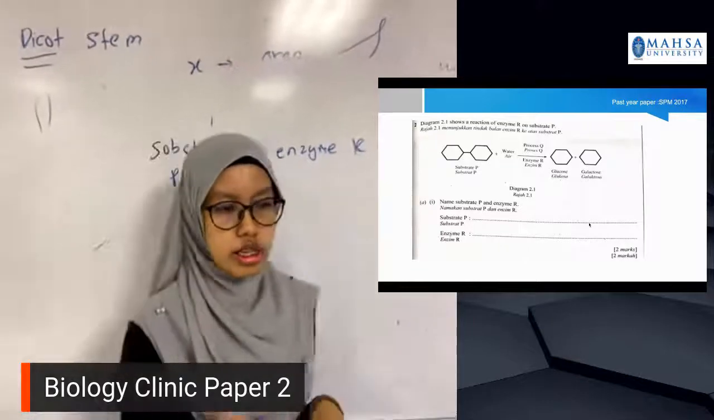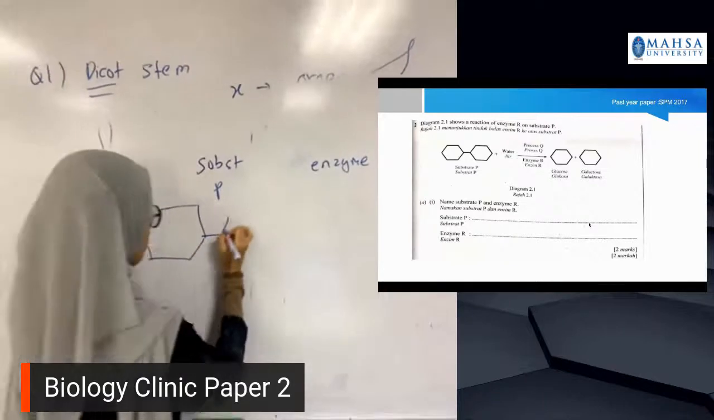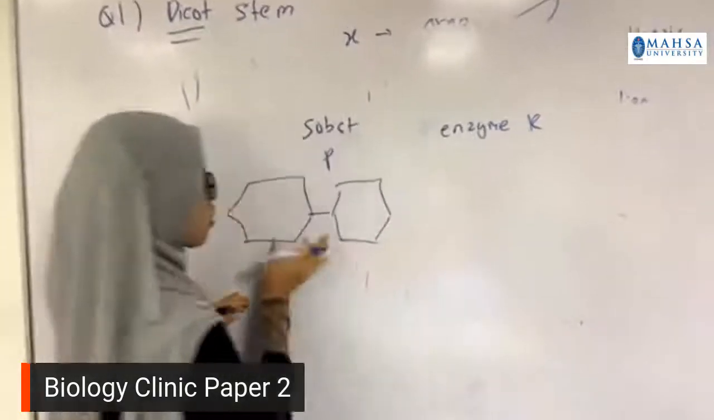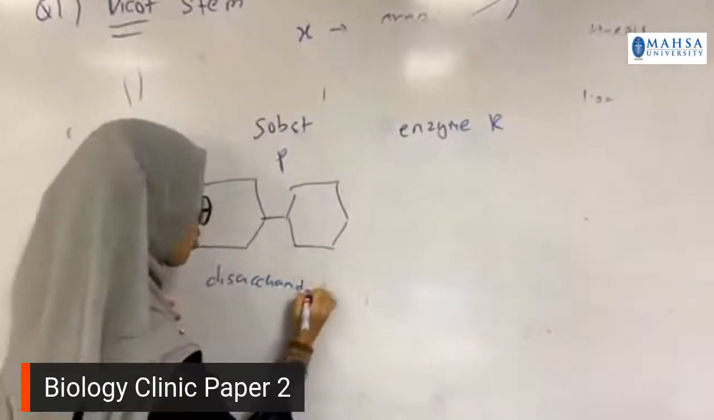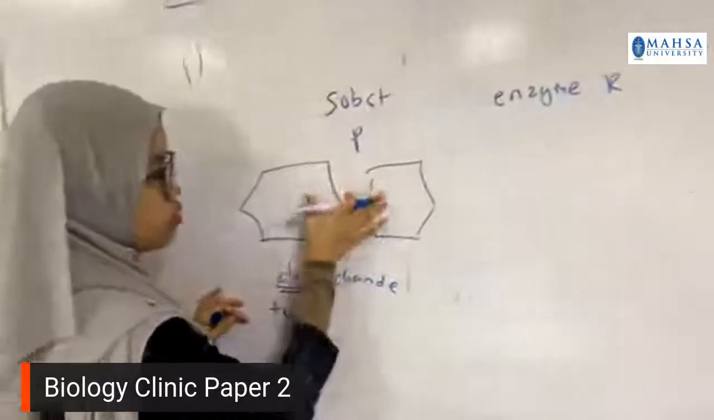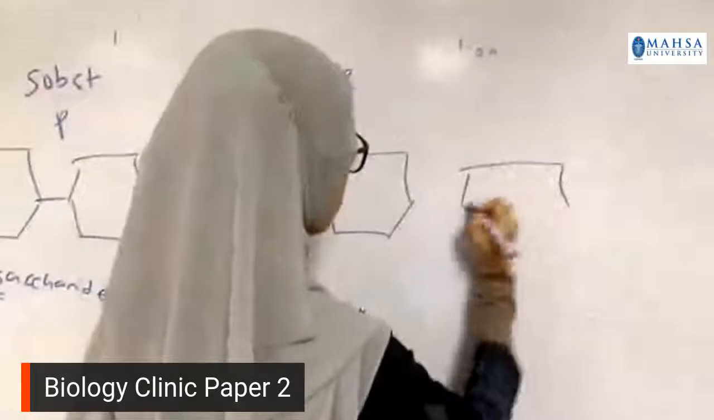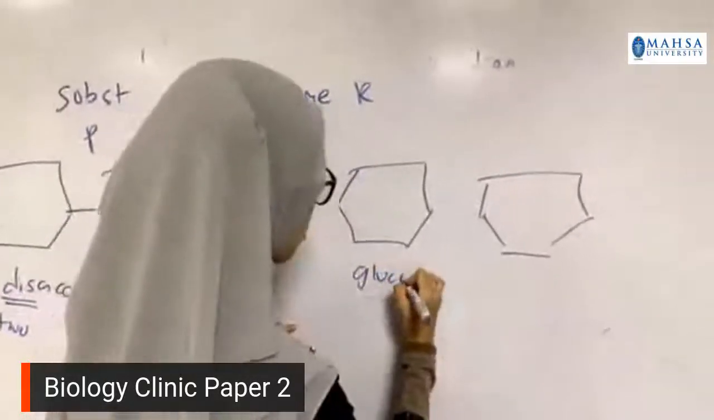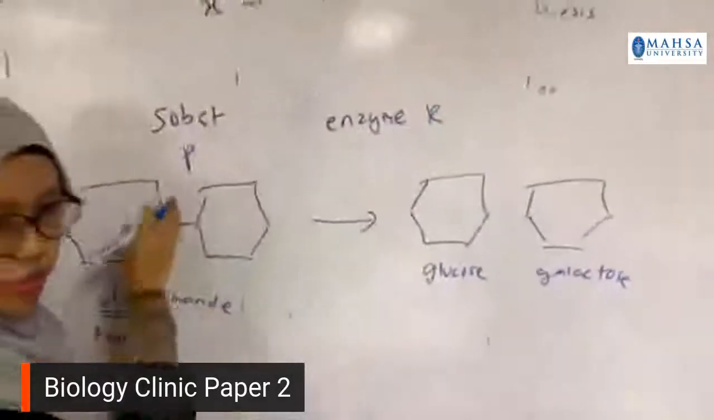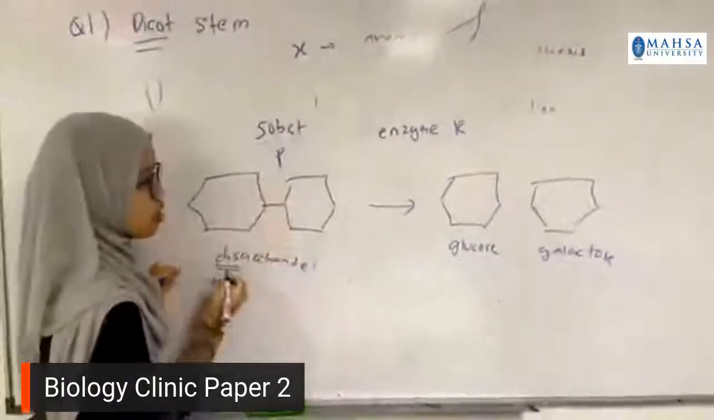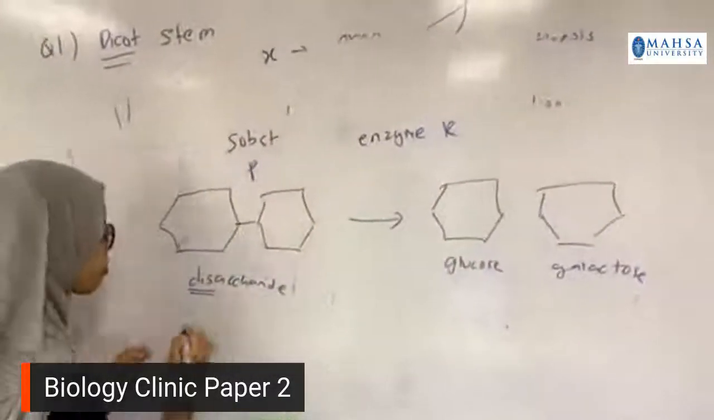Okay, so I think you can see clearly from the picture. Substrate P will be like this, and then you need enzyme R. For substrate P, this one is a disaccharide. Why disaccharide? Di means 2, so it is made up of 2 monosaccharides. The product later will become monosaccharides, which are glucose and galactose. So you need to identify what substrate P is. As the products are glucose and galactose, the answer will be